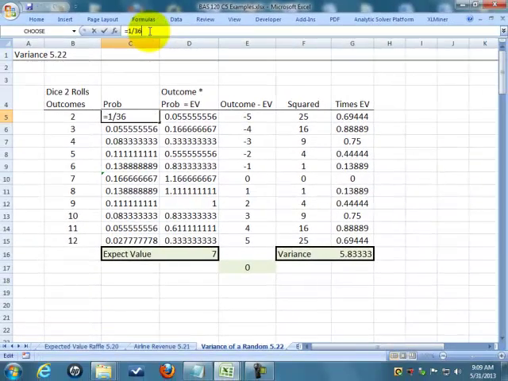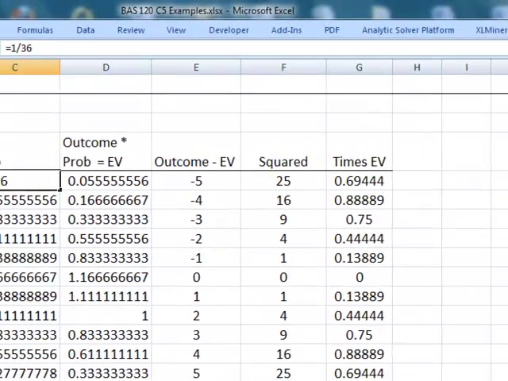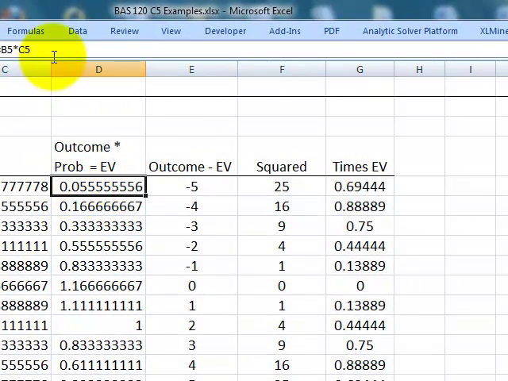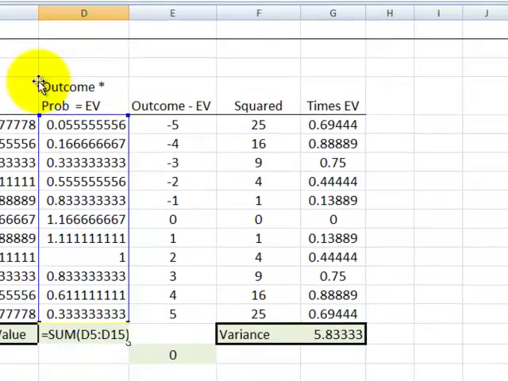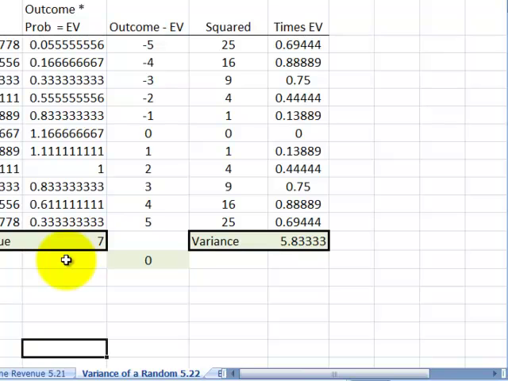And again, these are just the probabilities of those events. And remember, the probabilities increase up to 7 and then decrease back down. The expected value is simply the outcome times the probability, and I can sum all of those expected values up to get the overall expected value. So the overall expected value of one roll of the dice, what you could call a pseudo mean or average, is that I expect to get a 7.